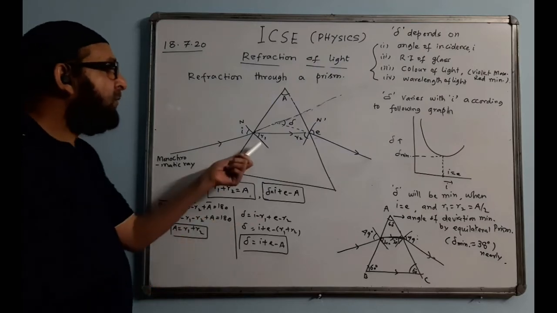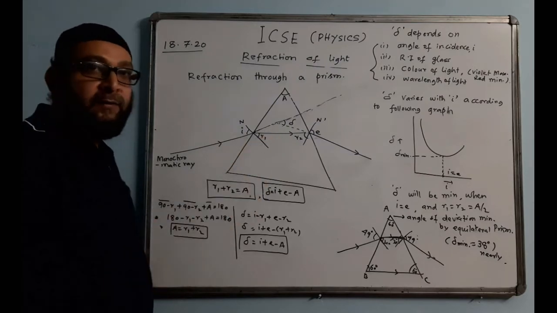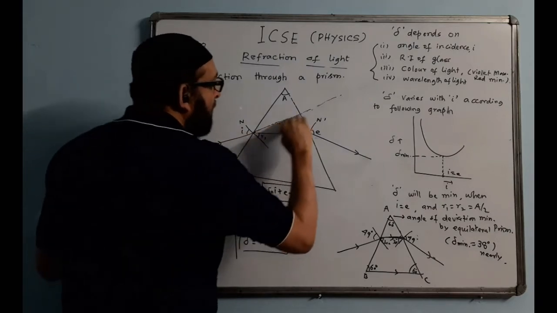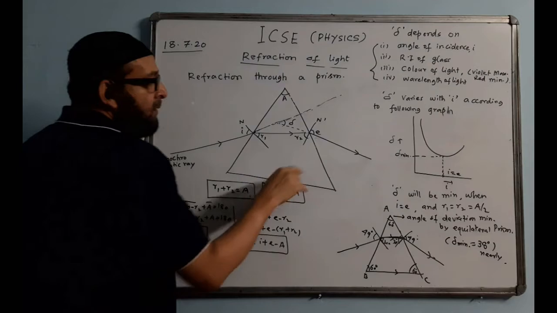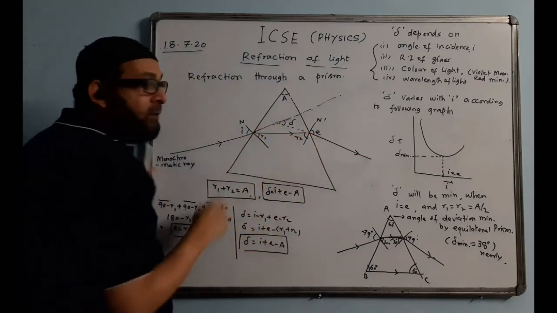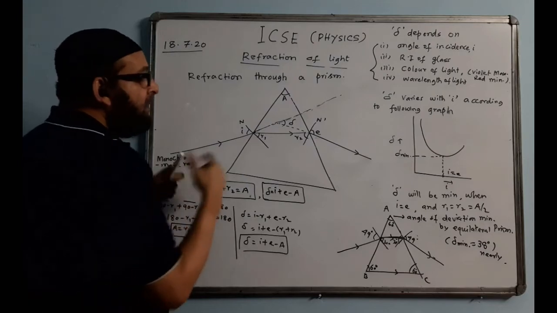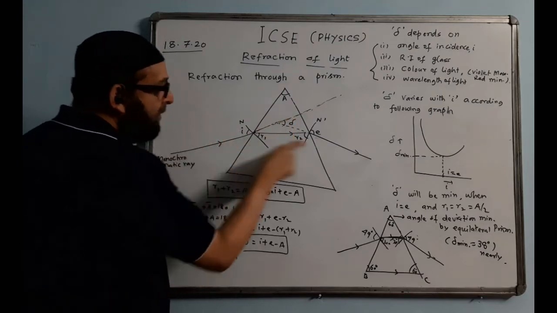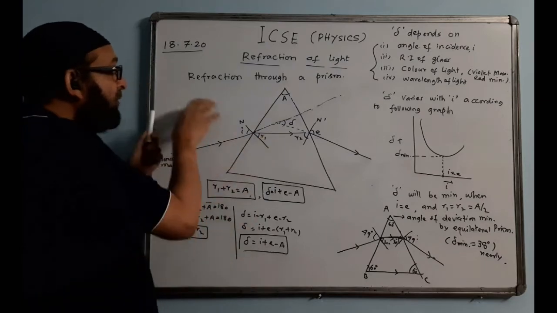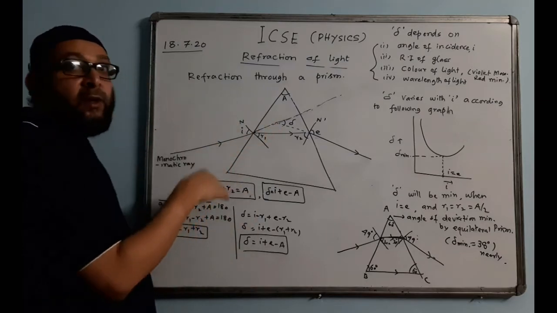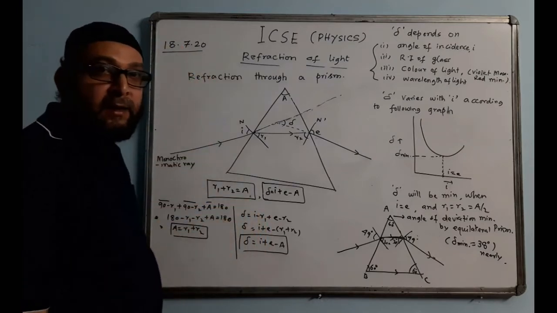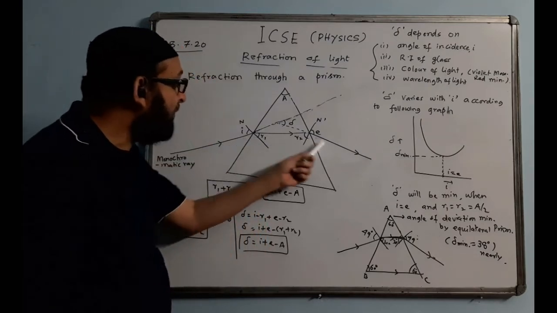Now, in a prism we show one more angle that is called angle of deviation. The incident ray is produced straight. The emergent ray also is produced backward, straight by a dotted line. And the angle between these two, incident ray and the emergent ray, is called angle of deviation. Angle of deviation in case of glass block is 0. There is no angle of deviation because the rays are exactly parallel, so they don't make any angle between them. But here in this case they make an angle.